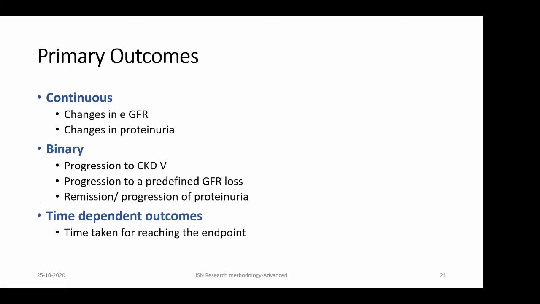So at this time, I'm going to take a single outcome. I'm going to design a study which is lasting for only 18 months. So in that scenario, probably going for a composite outcome might not be the best, because if I keep a composite endpoint as ESRD, death or a predefined reduction in GFR, most of the time I'm not going to attain that outcome in the 18 months time.